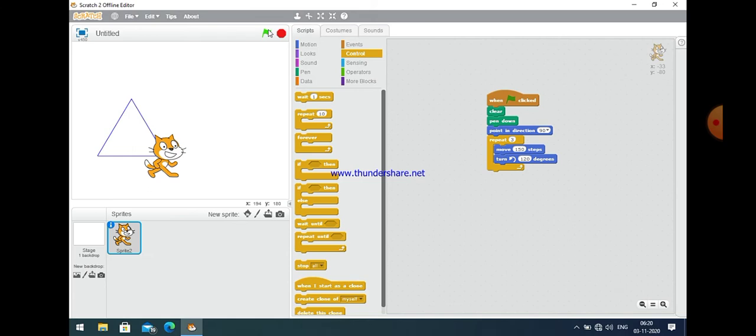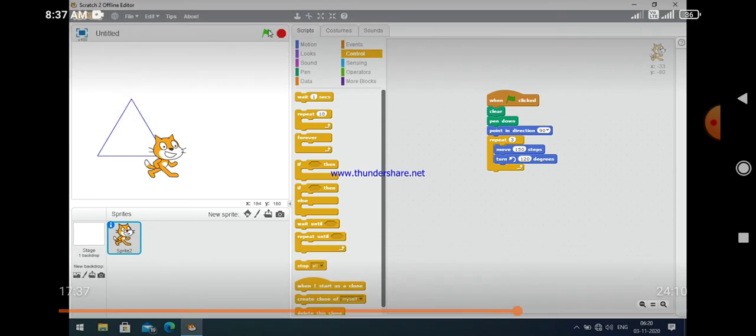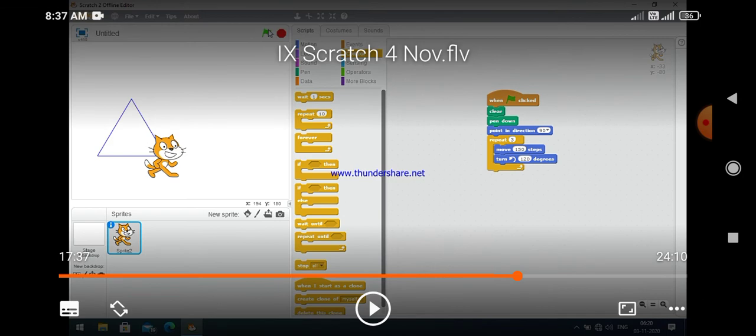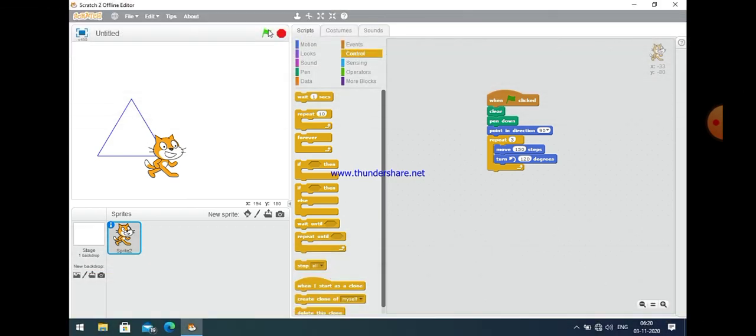So now you can easily see that I just move 120 steps and turn 120 degrees. First of all I have to change the angle. To make a square, the angle should be 90 degrees. Let us check what happens when we take angle 120 degrees and repeat is 3 for now. This time a triangle will be created.